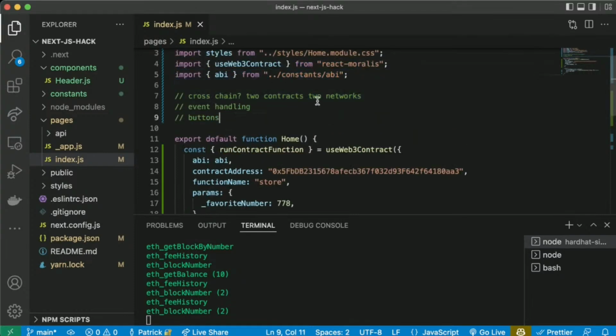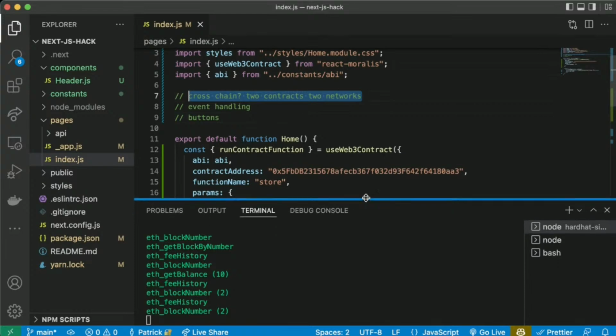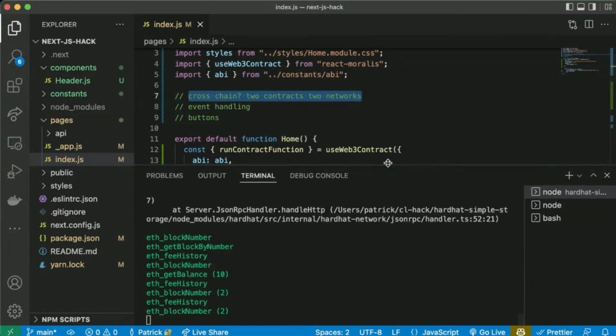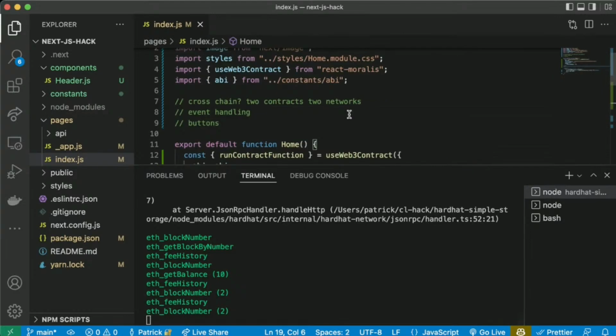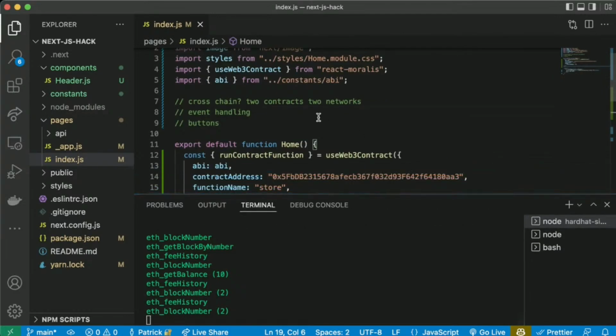To actually demo this, I would need 2 contracts on 2 different networks. And this is a little bit off script, so I don't have anything practiced for doing this. What do you want to see with this, right?